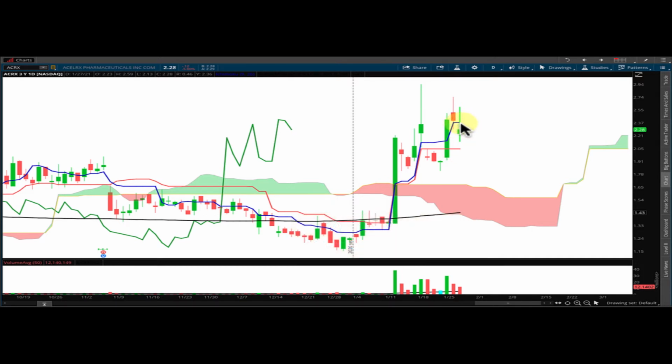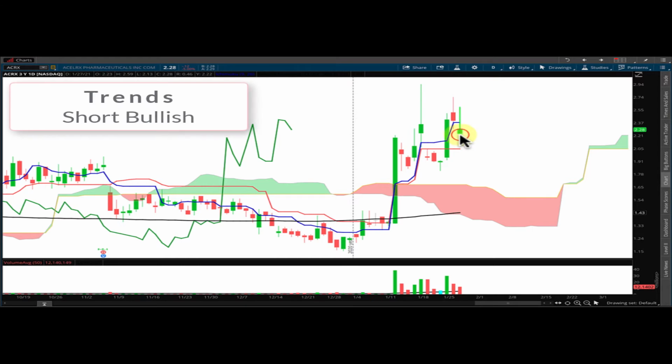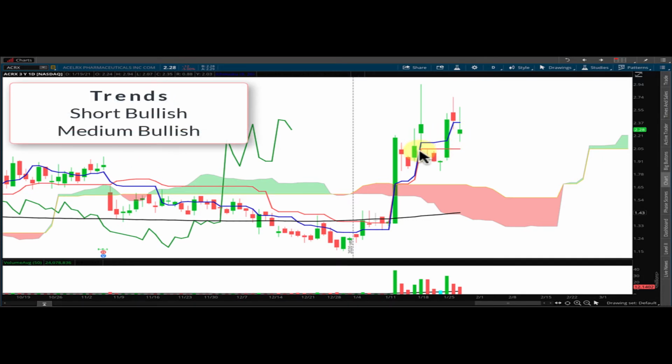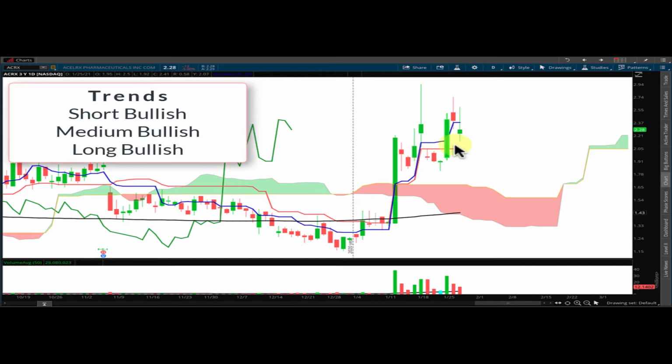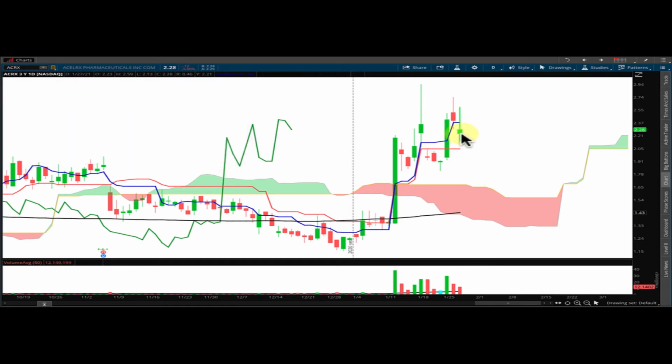The short-term trend is based upon the price to the red line. Being above it means that we are bullish at this time, and that's a short-term trend. The medium-term trend is based on the blue line to the red line, and with the blue line being above the red, that means we're bullish here as well. And our long-term trend is price to cloud, and being above the cloud means that we are bullish on the long-term trend. We are sitting in a channel with the blue line above the red line, and that is a